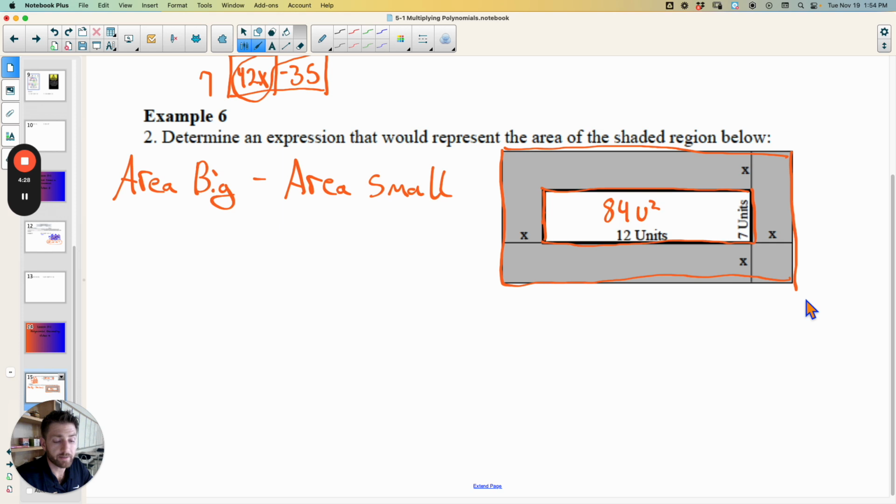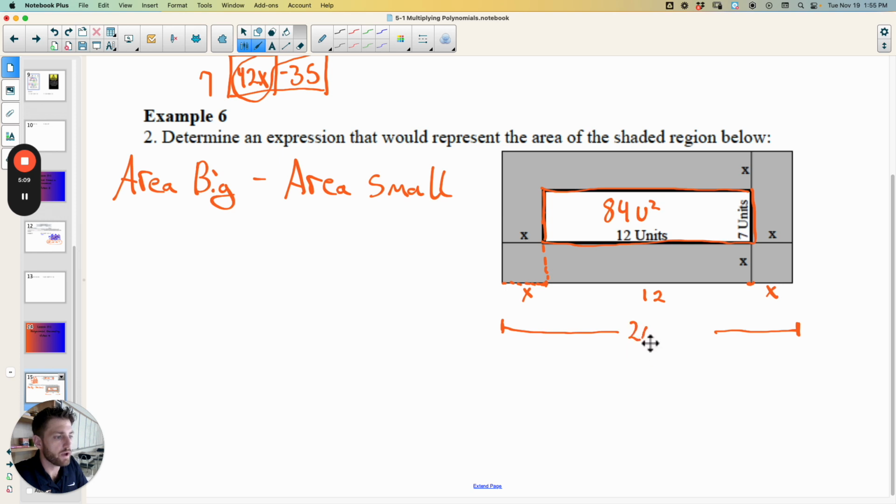Well, unfortunately, it's not going to be just a number, it's going to be an expression. And we know that because I know that this is x, which means that from here, let me get my eraser out real quick and erase this. Because I know that from here to here is also x because this distance is x. Same thing here, this is x. And I also know that if from here to here is 12, then the distance from here to here is 12, meaning the entire distance from this outer edge to this outer edge